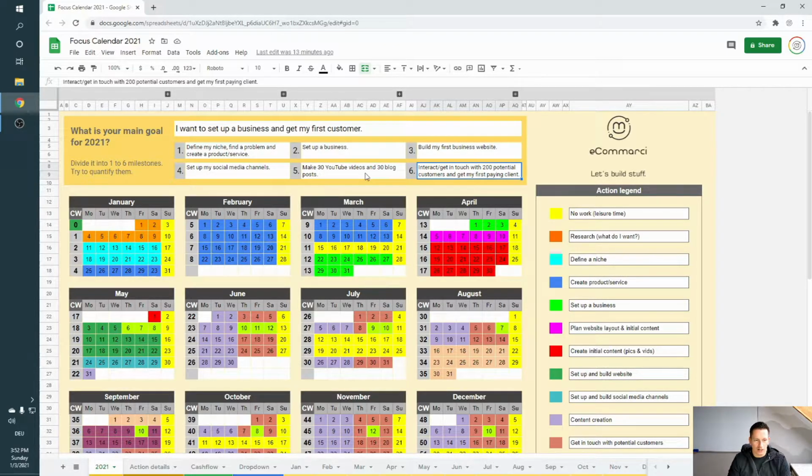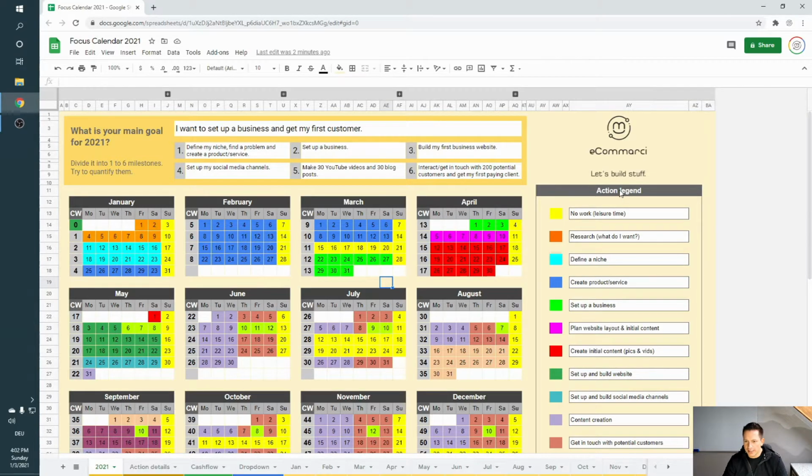As you can see, I tried to quantify those milestones as good as possible. So for example, 30 YouTube videos or get 1 paying client. And if you do that, that means you have like KPIs, and then you can see if you actually reach your goals or not. Okay, so if you want to do it right now, you can just pause the video and do the same for yourself.